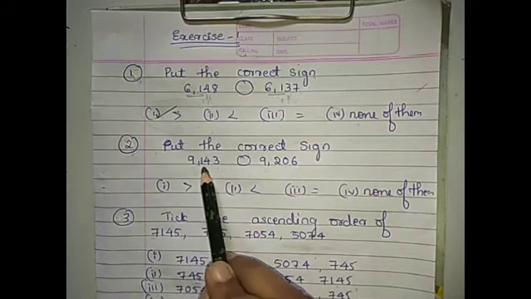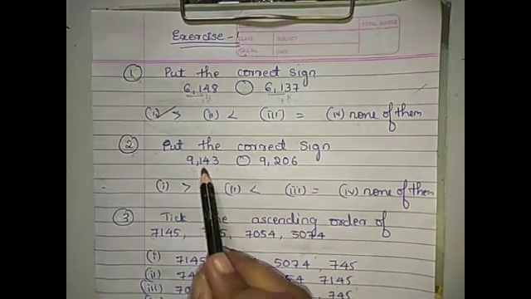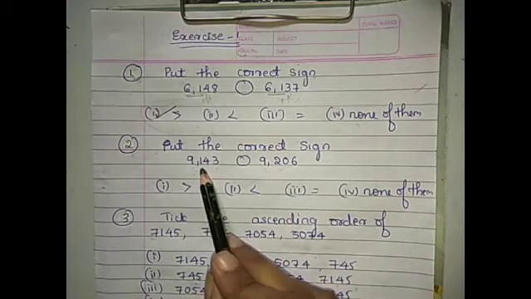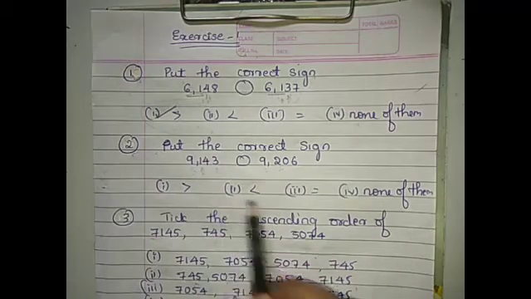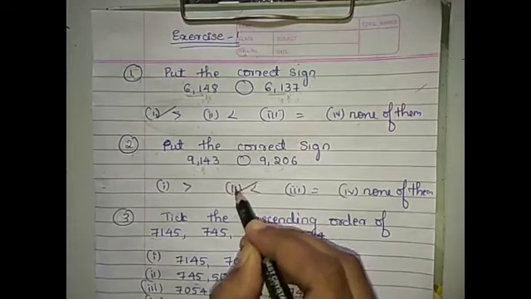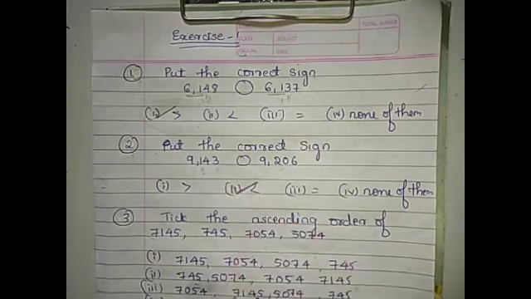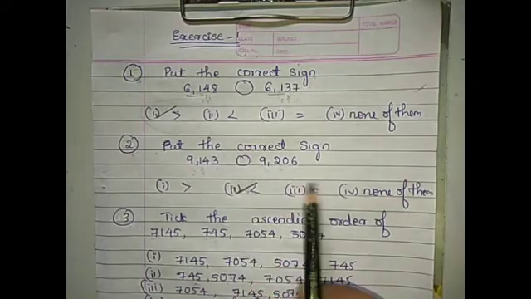So we have to compare the next digit, which is in the 100 place. In this number 1 is at the 100 place. In this number 2 is at the 100 place. Let's compare 1 and 2. Clearly 1 is less than 2. That means which option is correct here? This option is correct. Second option. We have to choose the second option.